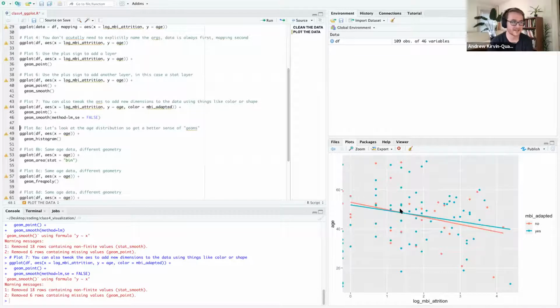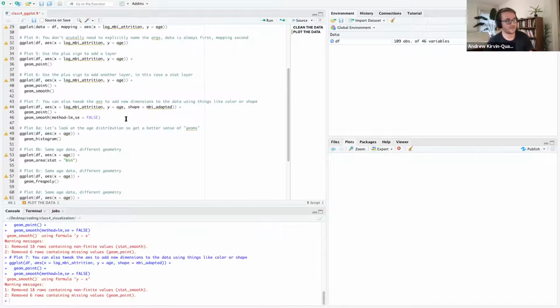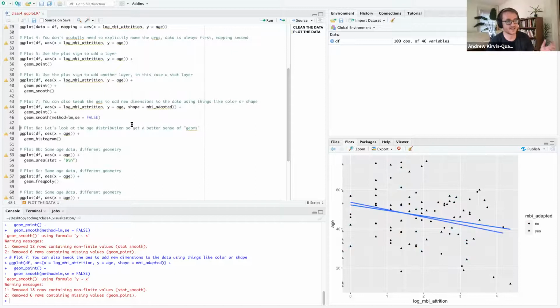So you can already see, if these lines weren't here, you can't even really tell if the red or the blue dots have any difference between them. And if I added another thing, like shapes, you can also tweak the shapes. So if I tweaked shape, I could maybe add gender as color and MBI adapted as shape, but it's going to be not useful for your audience. So just as a tip for that,